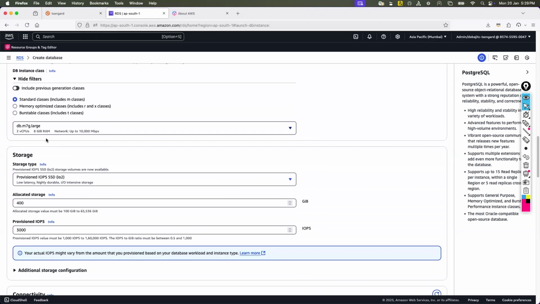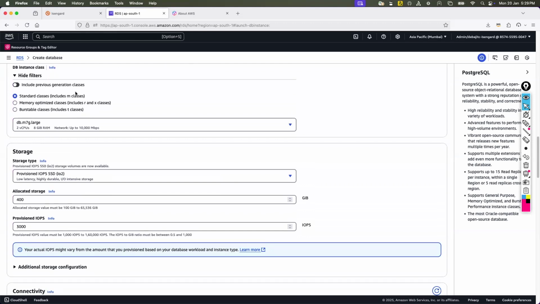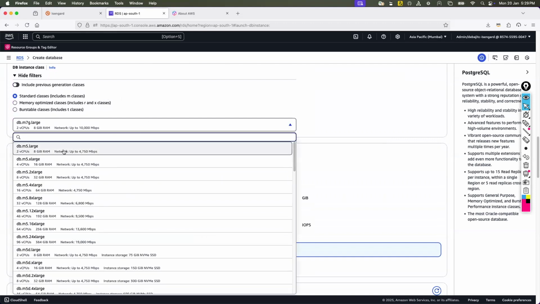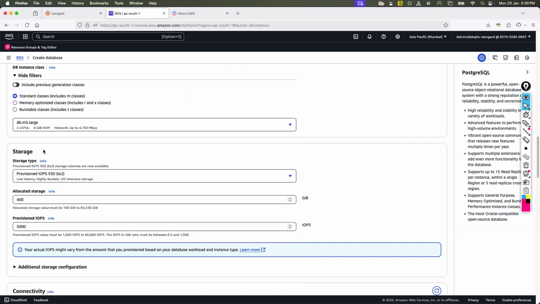And now, if you scroll down, you see there's an instance class. Instance class is nothing but the different varieties of the server. Same thing like EC2, right? How big or how small a server you would like to go for. Let me choose this db.m5.large.